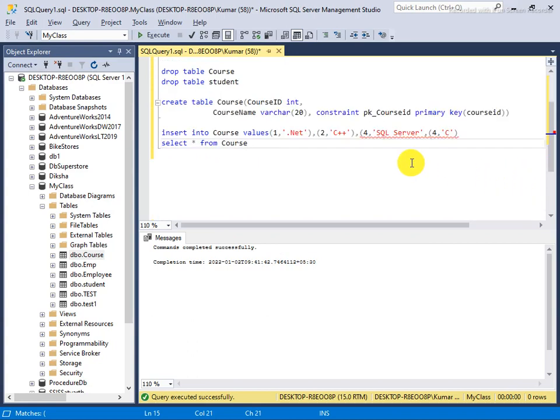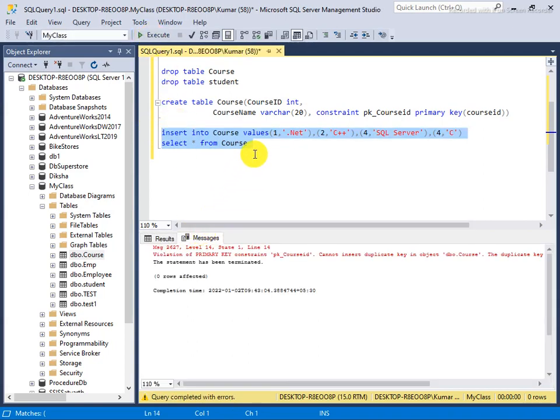So now you see that, oh I forgot it here, my course table, course id integer. And what's wrong with that? It's saying violation of primary key, cannot insert duplicate. Oh sorry, both are duplicates, so I will restrict here. So you will see that 5 automatically goes at the end of the record.